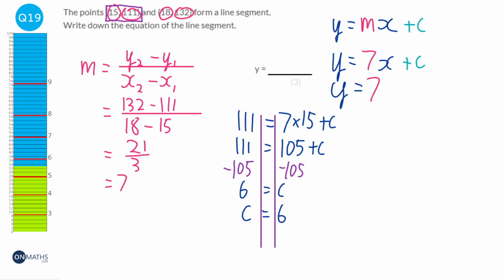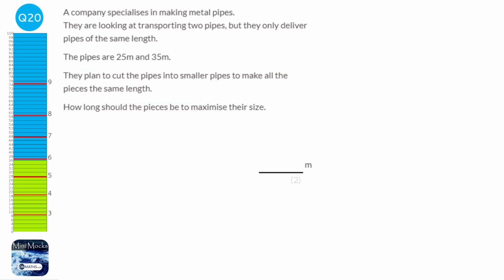But we know that the gradient is 7. And we know the y-intercept is 6. So we can actually just write that in as our answer. 7x plus 6. So if we imagine we've got the 25 meter pipe here,